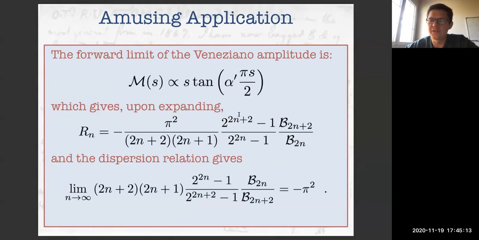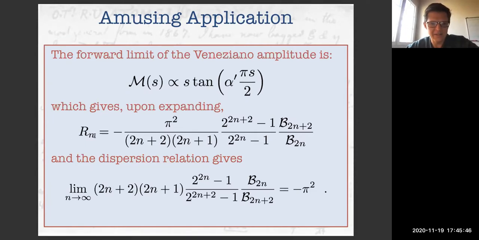And there are some other relatively cute things you can do with this. So for example, if you take the forward limit of the Veneziano amplitude, which is this sort of string scattering amplitude, you get this function here. It's a very simple function. And when you Taylor expand it, the Taylor expansion in s actually gives you these so-called Bernoulli numbers. And this convergence relation, you can take it as n goes to infinity. You find just from that general function that the ratio, the bn's, or the cn's, have to approach 1.